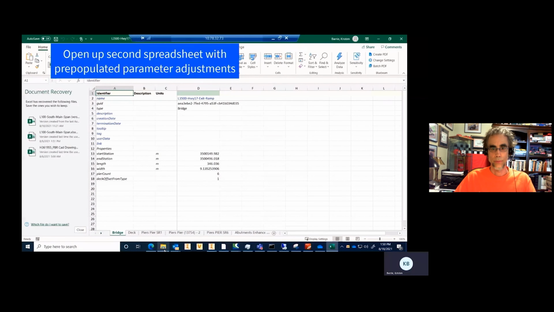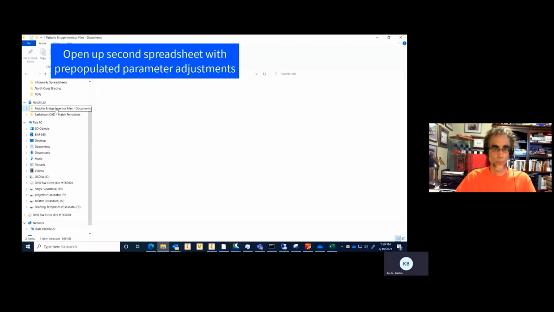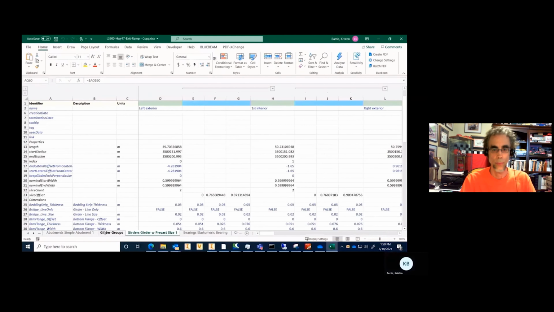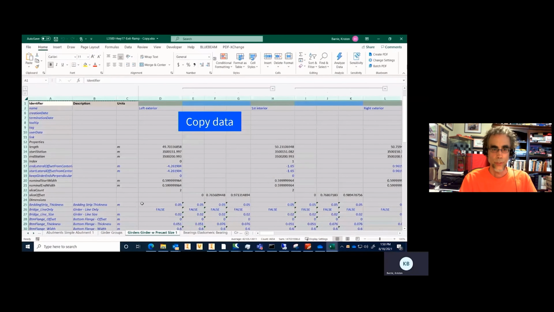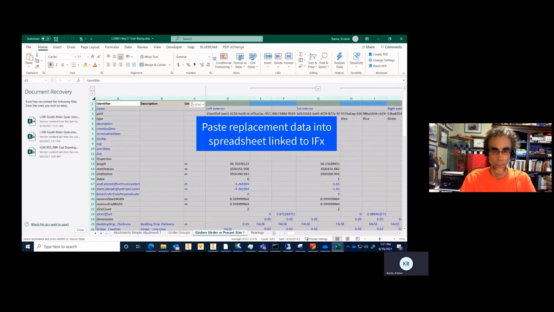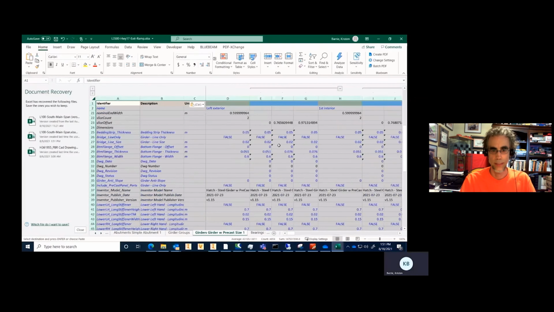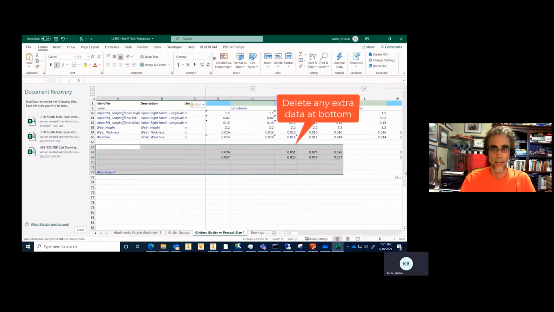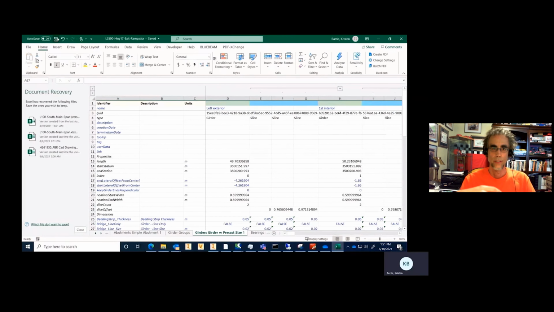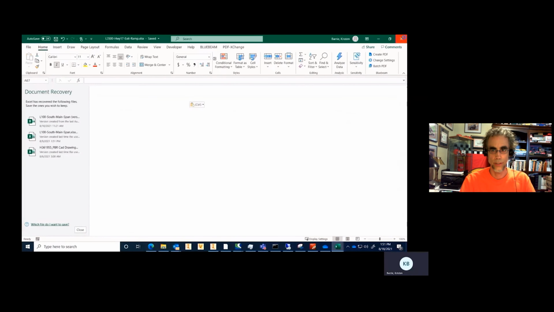What Danny was talking about with multiple people, you can have people working on another spreadsheet and pasting that data into the spreadsheet you just opened. And that's what we're doing here. We're copying it out of another spreadsheet and we're literally pasting it into the spreadsheet that I just created from InfraWorks. You could paste line by line, you can paste cell by cell, you can do a whole sheet, as long as you've got the same number of rows and columns and they've all got the same order. You want to remove extra data that's at the bottom, save it, exit it.